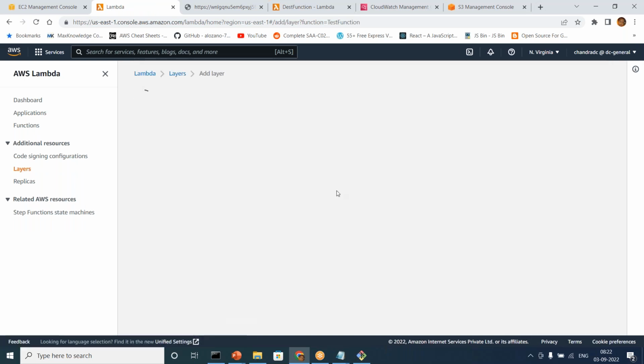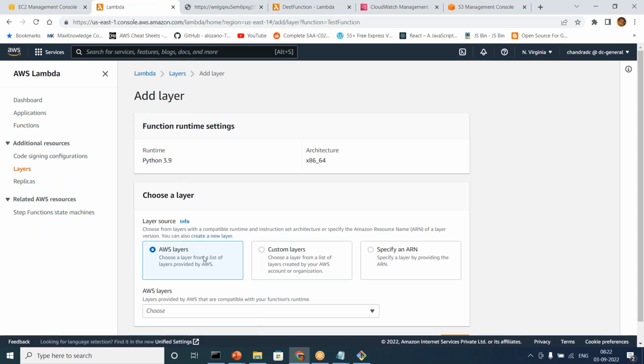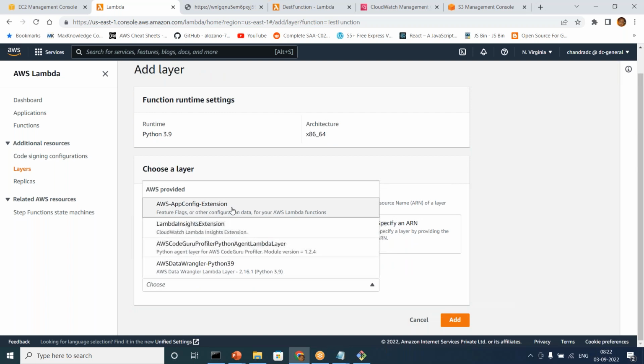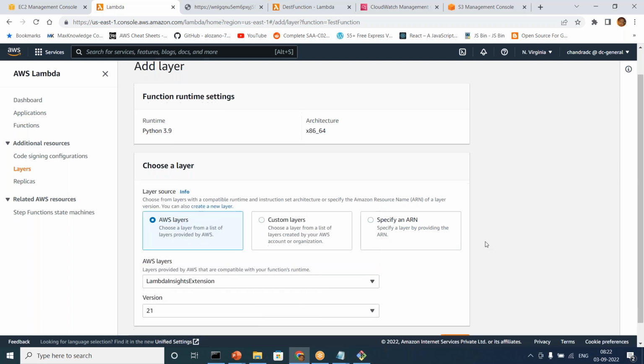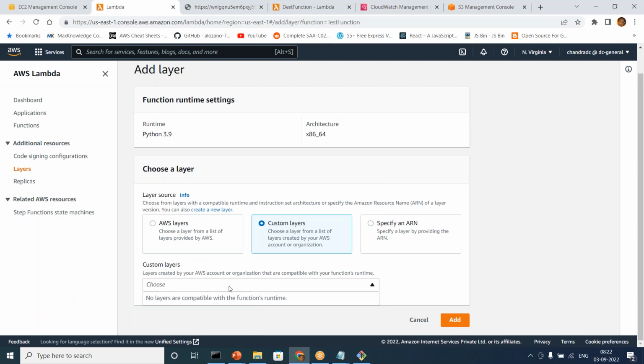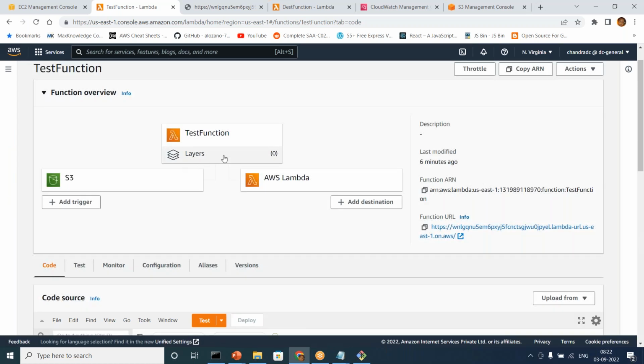You can add a layer, whatever layer you want to add. It's a Python layer, an AWS layer, or a custom layer, or you have something else, you can create it here. If it's an AWS layer, you can select this, right? I want a wrapper on my Python. For the Lambda Insights extension, I want to add this extension. If you want your custom layers, then you choose your custom layers. If you have any, go and add your custom layers. So if I say Lambda Insights extension,